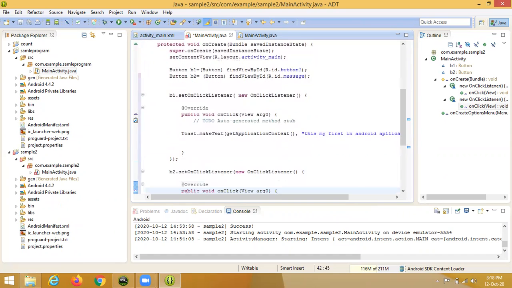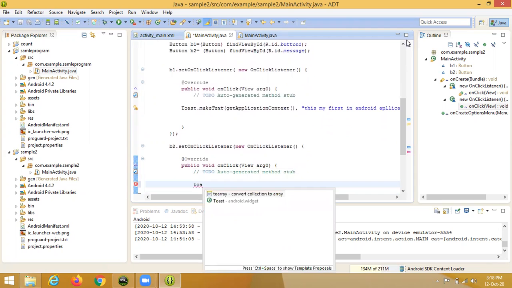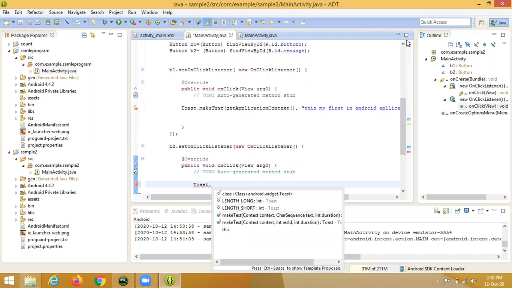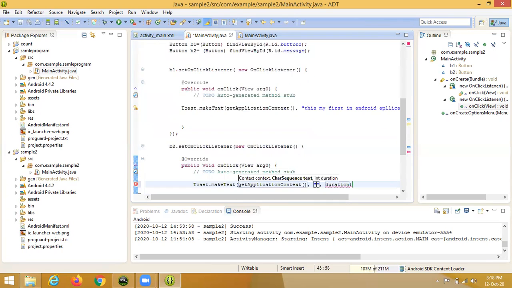Yeah, for the first button, that is the function, and for button 2, Toast dot make text, get application context. The text will be written within double quotes. I write welcome to new world.